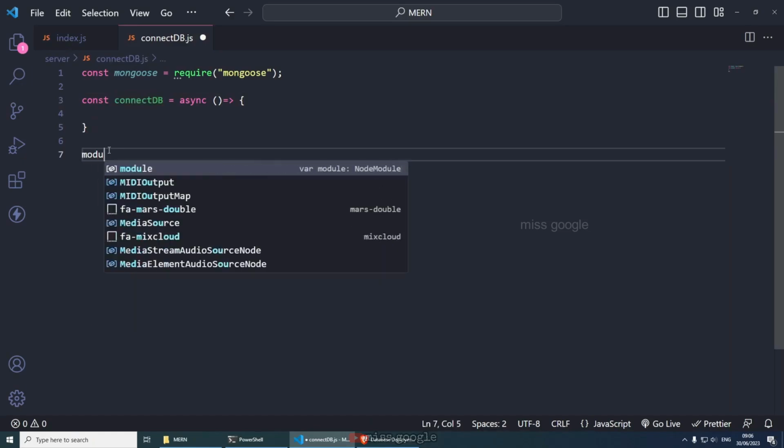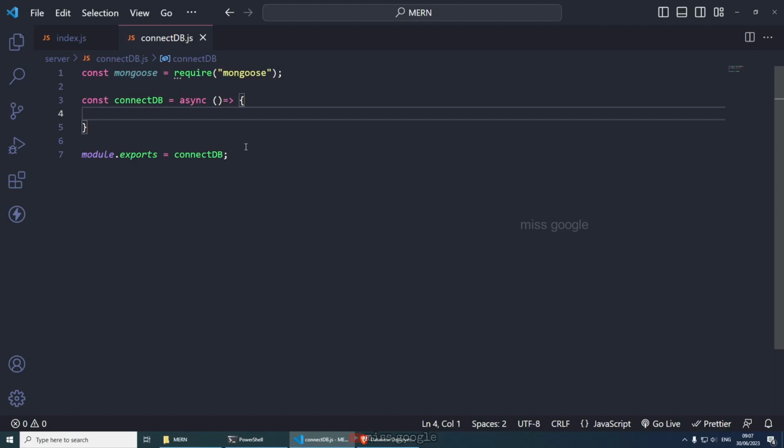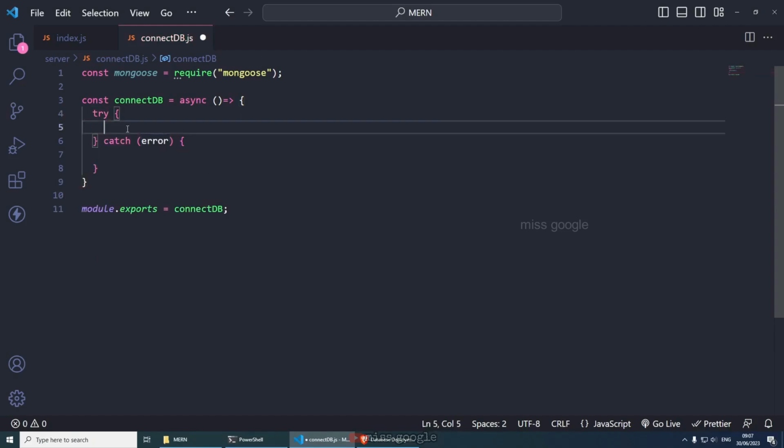So module.exports equals, and then the function name, which is this one here. Close this, and now we can do the functionality. So since this is an asynchronous function, we can do try catch, and then inside the try, we can try